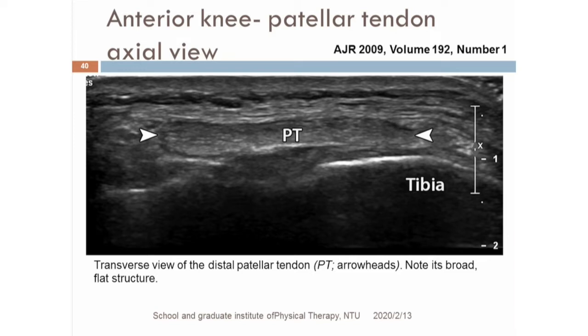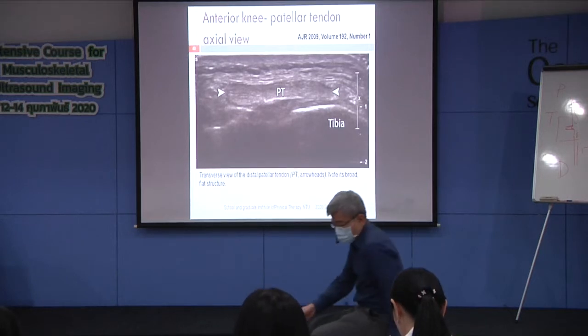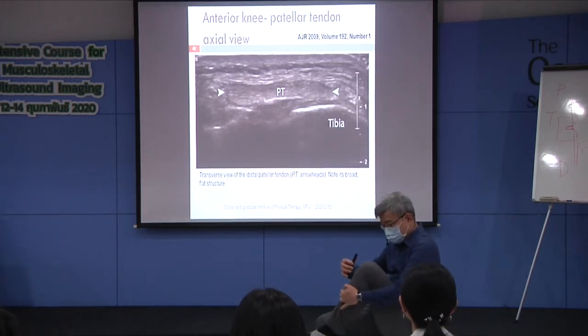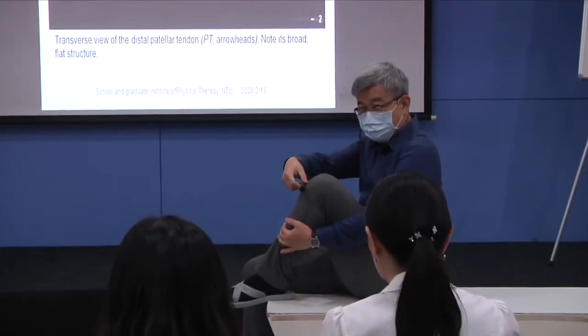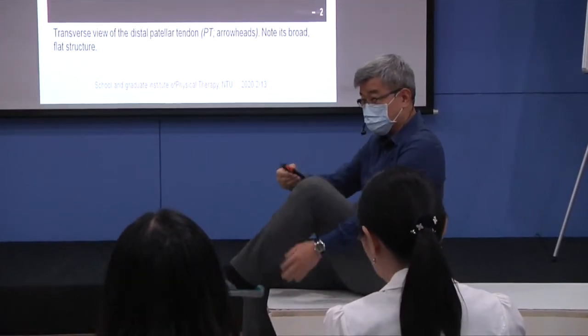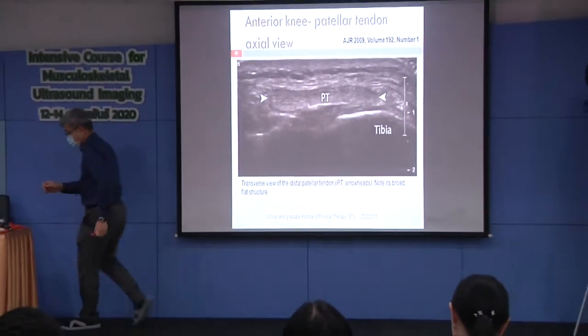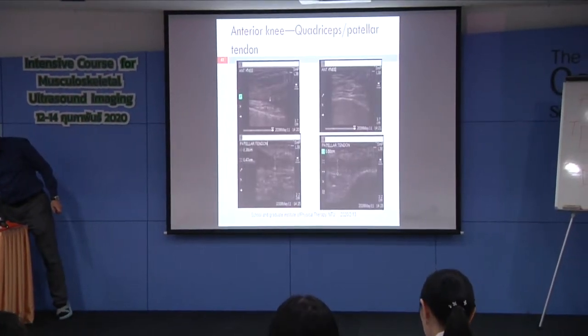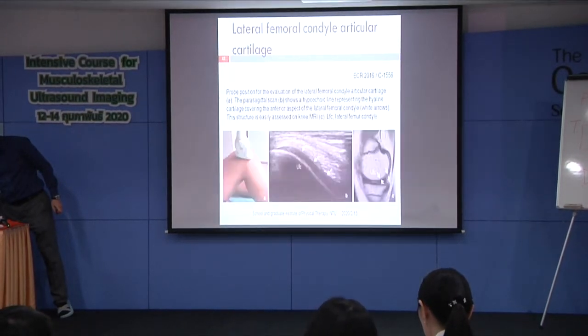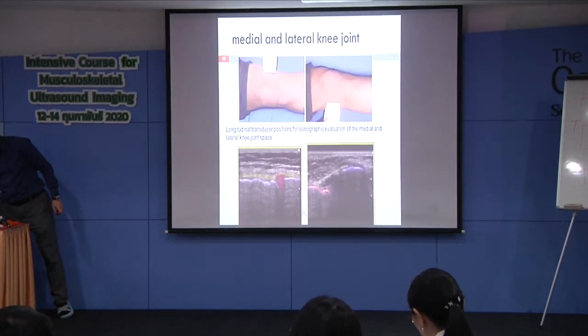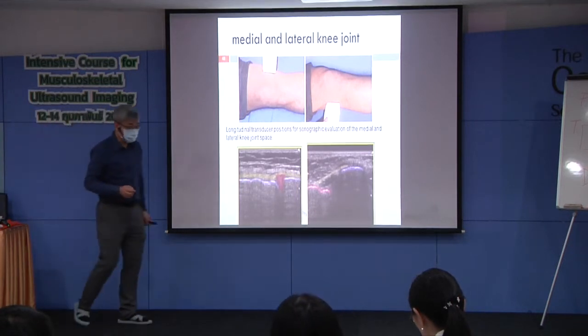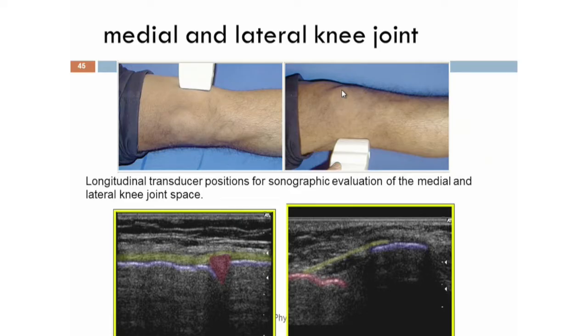Patella, transverse view. You are going to do that as well. Ask your patient to bend their knee to 90 degrees and turn 90 degrees to look at the transverse view. Okay? Now we have checked this before. Then we are going to straighten the knee to find the